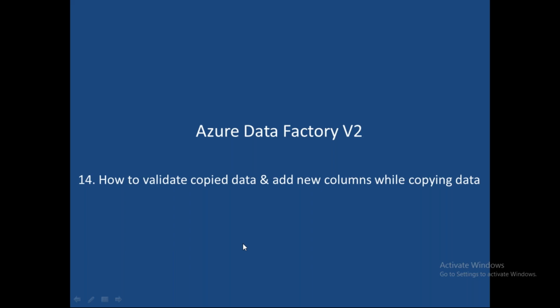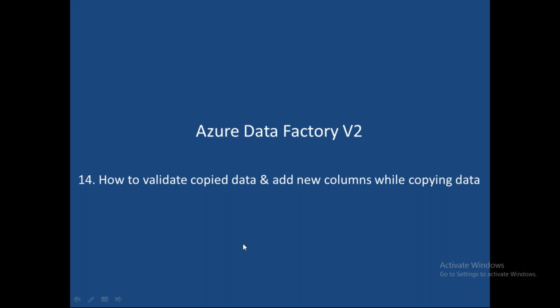Once validation is finished, I don't want to maintain a duplicate copy. Whatever data I have in the input container, the same data I have in the output container. So I already verified both containers have the same data. Now, how have you verified? As we discussed, you check that the number of files read equals the number of files written. Once this validation is passed, I can confirm that whatever files I have in the input container, the same files are available in the output container. In this case, what I will do is use a delete activity.